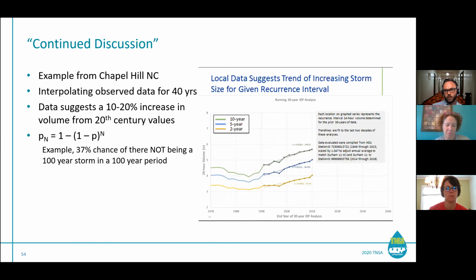City of Chapel Hill, North Carolina, asked a colleague of mine to look at that sort of thing and say, we have all this data going back to 1978. Are we seeing more frequent storms? Where is the target moving a little bit on what a 5 or 10-year storm is? And they showed a fairly tight agreement that if you had done an IDF analysis in 1998, you would probably have a different volume than you would in 2018. But it's still probability based, and this PN formula here still holds up no matter what the volume is